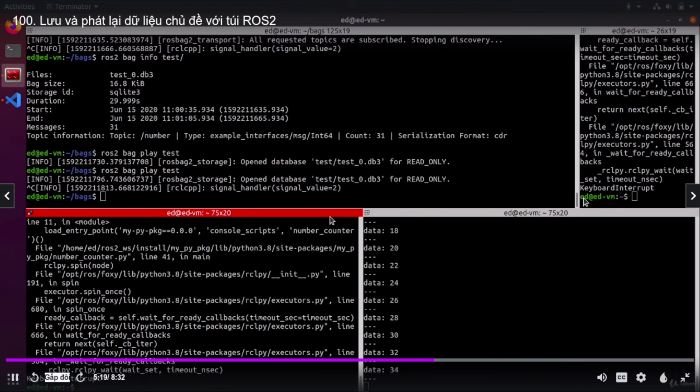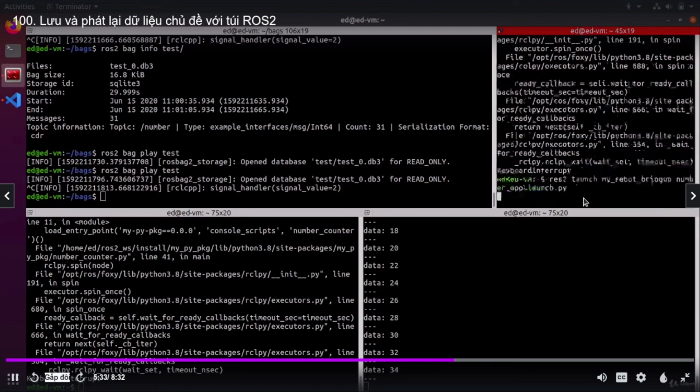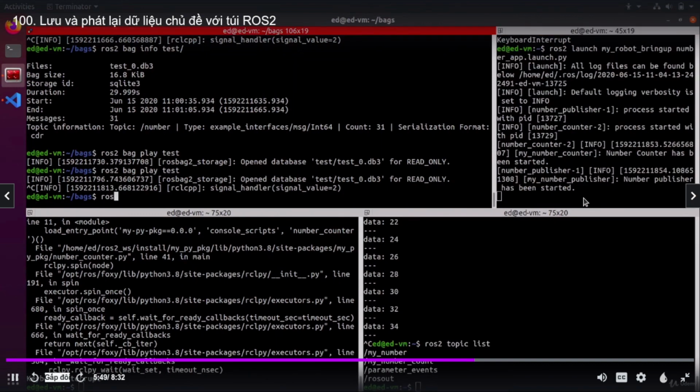Let's say now I am starting the launch file, my robot bring up. I am starting the number app launch, which will start the number. Okay, let's see what we got here. ros2 topic list. We have my number and my number count. So we have 2 topics, and those are also renamed. So I will do ros2 bag record with my number and my number count -o. Let's say test 2. You can't record 2 bags with the same name. Okay. Let's press enter, and it is now